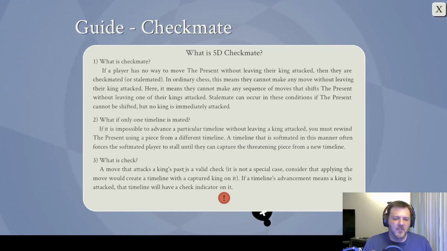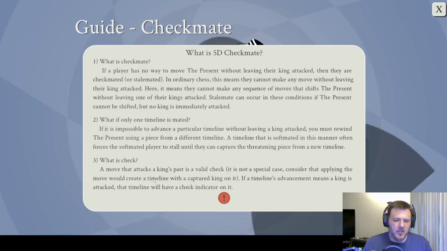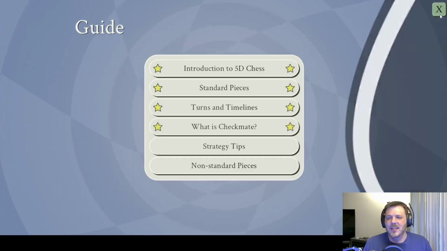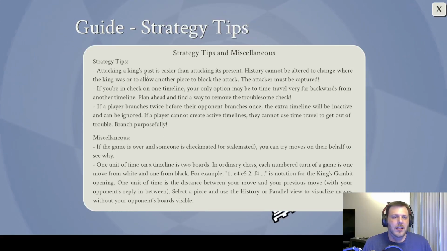What is a check? A move that attacks a king's past is a valid check. It is not a special case, considering that applying the move would create a timeline with a captured king on it. If a timeline's advancement means the king is attacked, the timeline will have a check indicator on it. Strategy tips